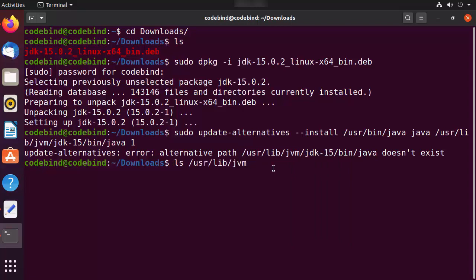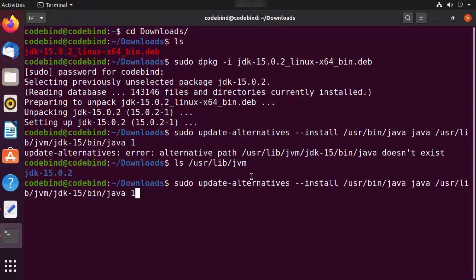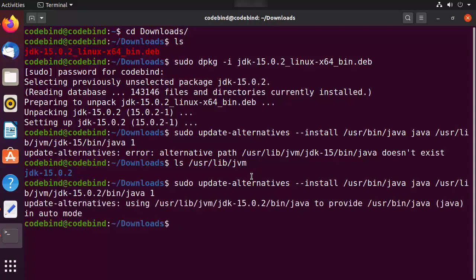So ls /usr/lib/jvm, and you can see we have the jdk-15.0.2 directory and not this directory. So just replace this directory name with this one and you will be good to go. So I'm going to just replace this directory name with 15.0.2 here and then give this command, and it's going to work fine.